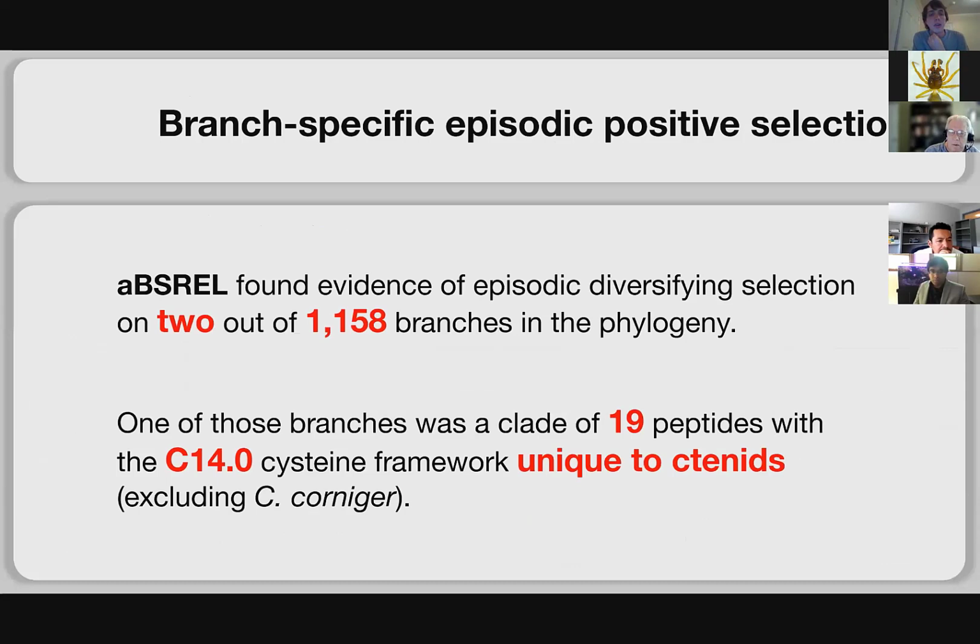And then other than that, instead of just looking at sites and asking whether a portion of branches have episodes of positive selection, we looked at very specific branches on the phylogeny. You do that for all of the thousands of branches in the phylogeny, and it only found 2 that had really strong evidence. And one of those branches was actually a clade of 19 peptides with the 14 cysteine framework, which was